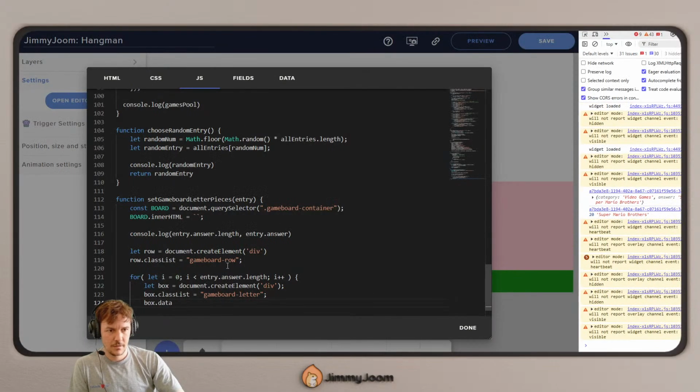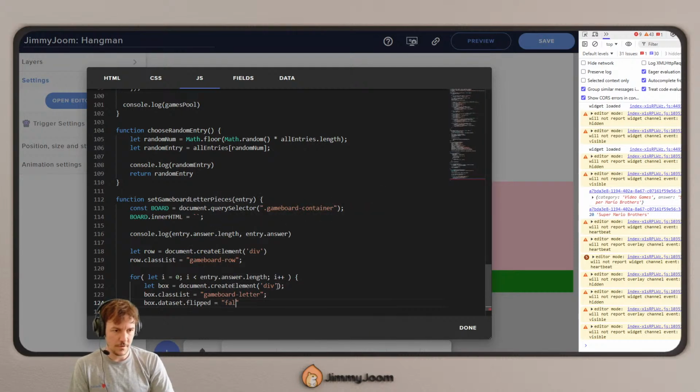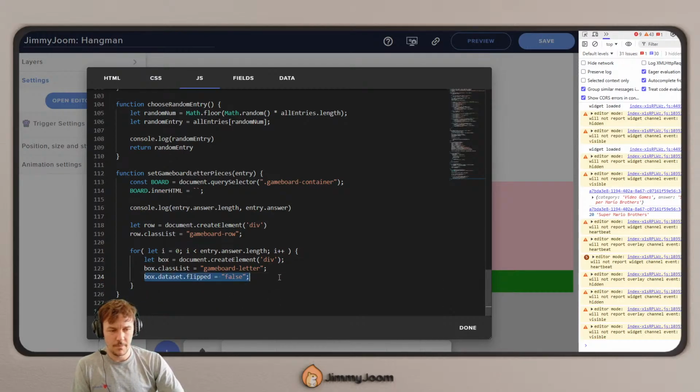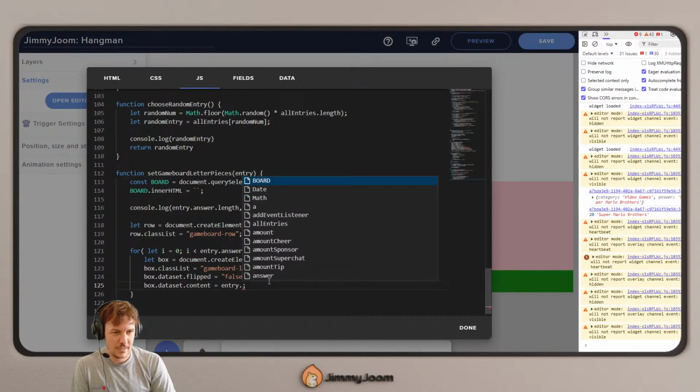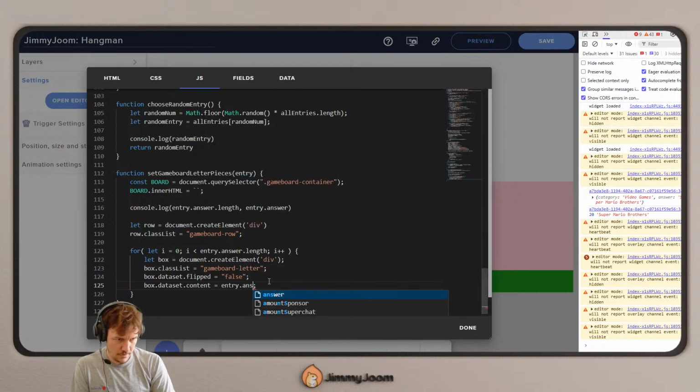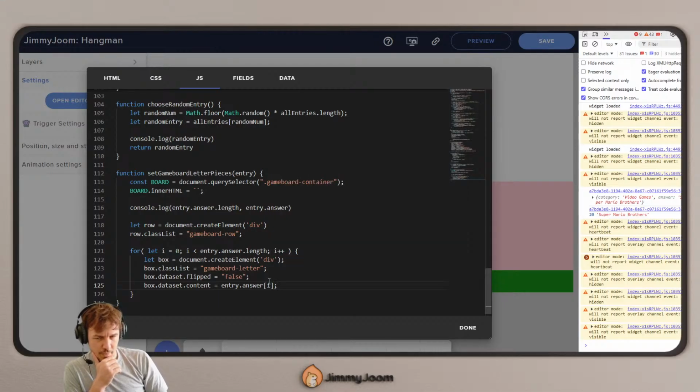Dot data set dot flipped equals false. Box dot data set dot content equals entry dot answer. I believe that's correct. Okay, and then